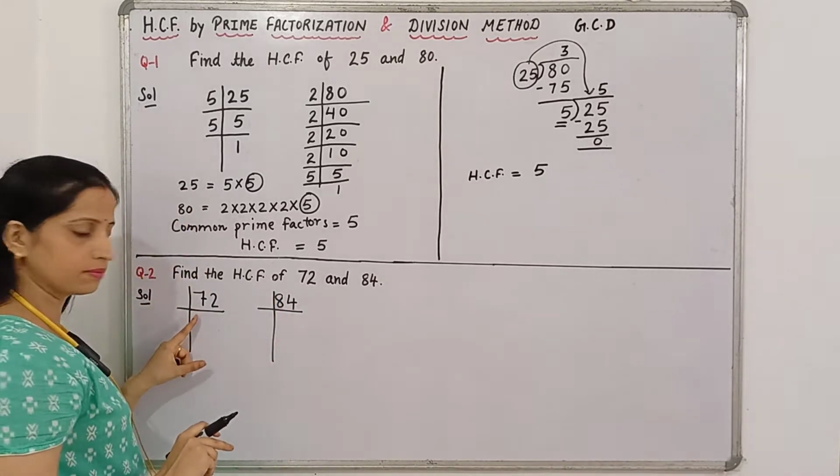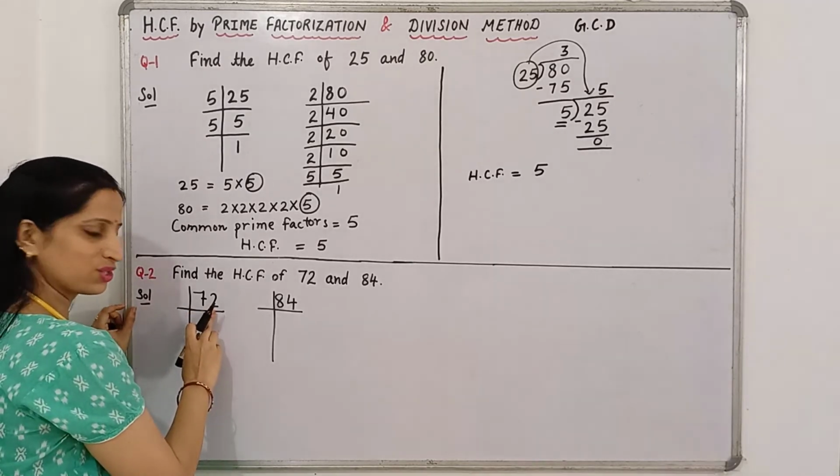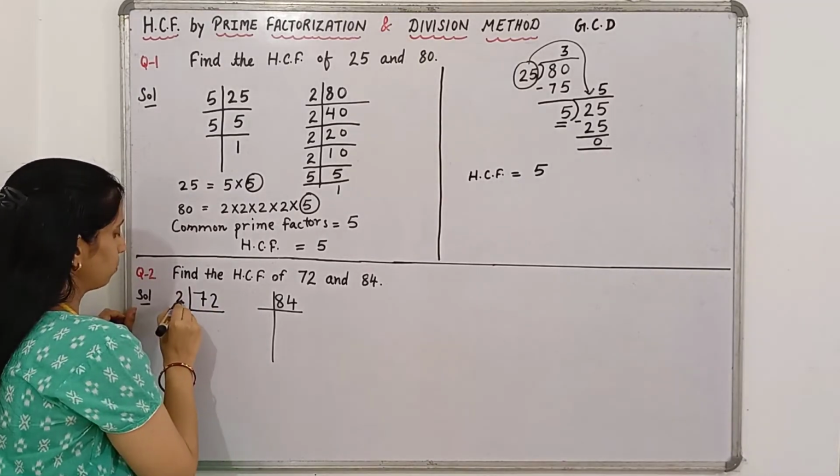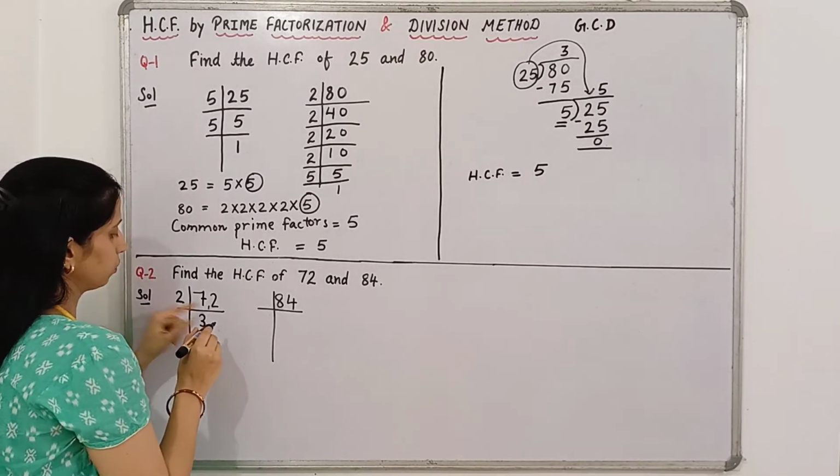And start from the first number. It is divisible by 2 because at the ones place it is 2. So let's divide it by 2. 2 3s are 6, 1 we will left. Okay, so 2 6s are